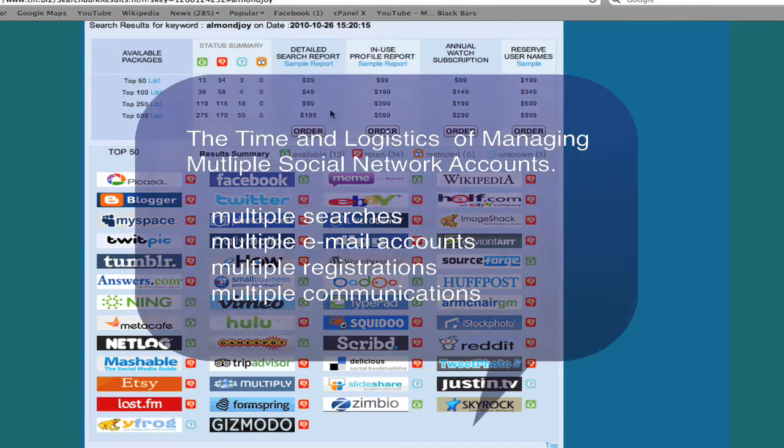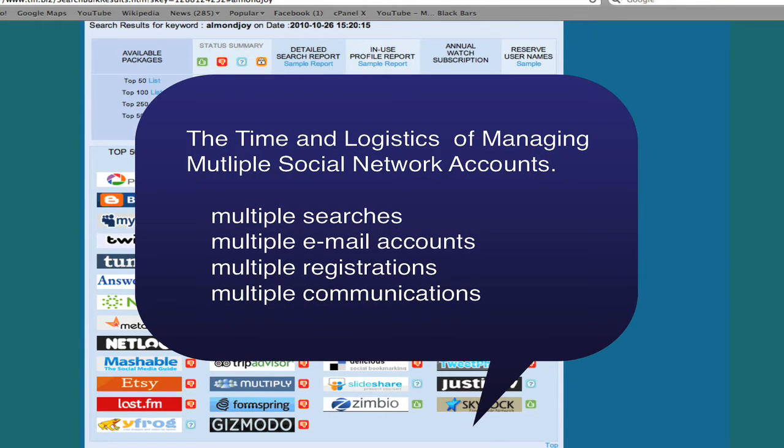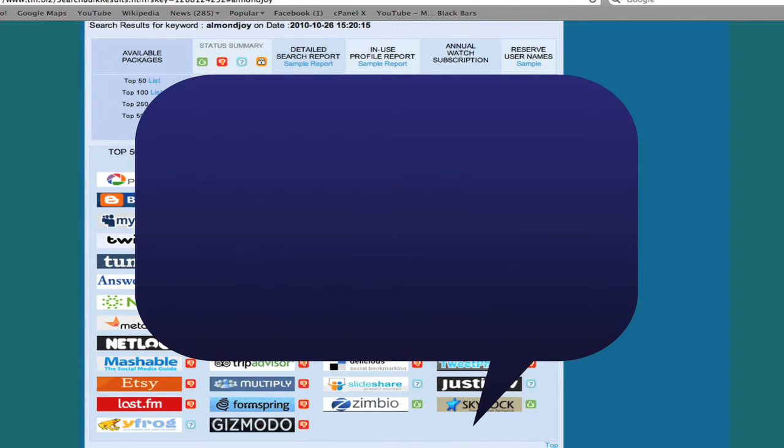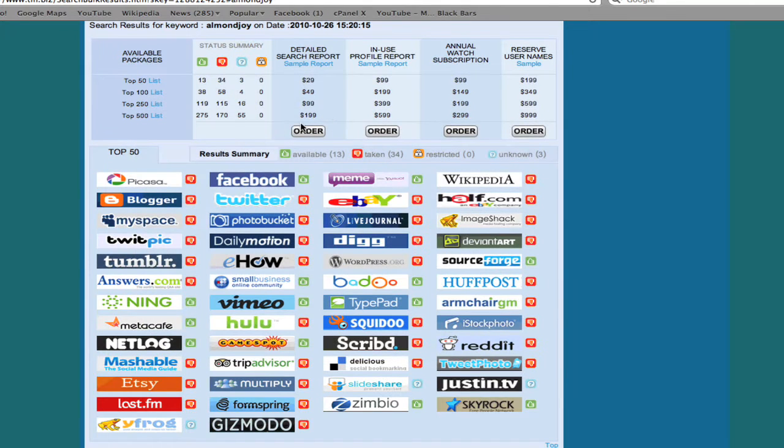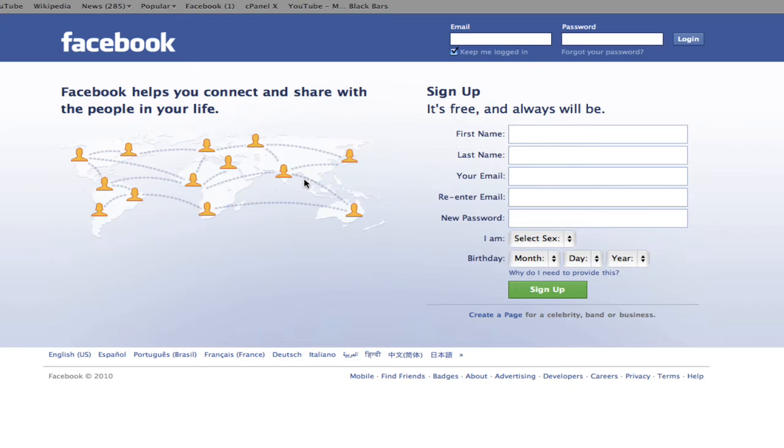Why don't we try doing it ourselves using the one-by-one method? Because I think it points to one of the challenges that trademark owners face, especially when they're trying to protect multiple trademarks on each network. So for Almond Joy, for example, Facebook is available. So why don't we go reserve that? I'm going to use Almond Joy as the name. So I'm typing in Almond as the first name, Joy as the second, and I'm going to use my email address,